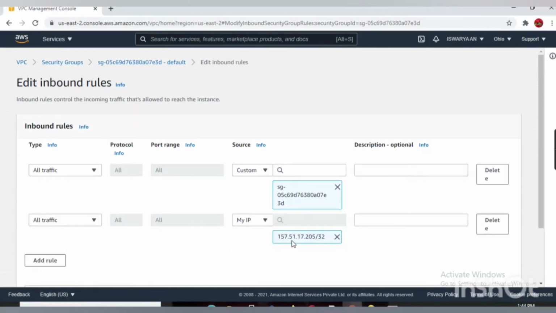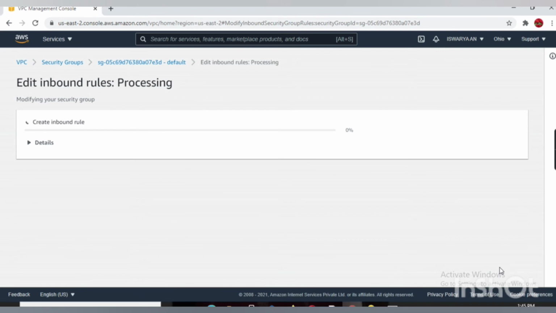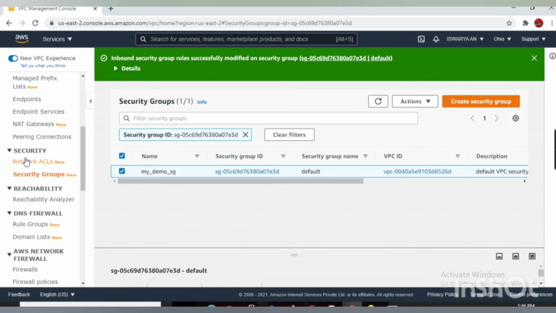And this is our IP. Just copy this IP so that it will be useful for creating the network ACL. Then give add rule, click save rules, and now we have successfully edited our inbound rules.